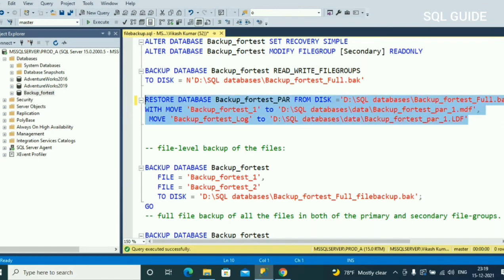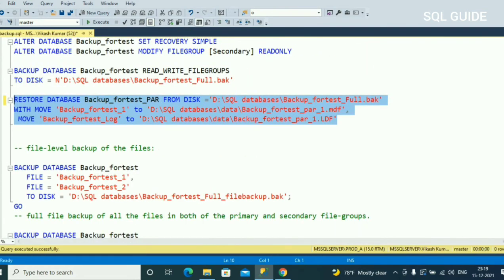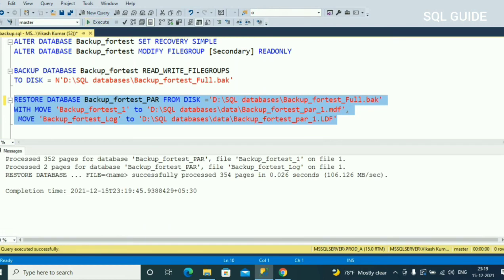Let's see how it works. See here, restore completed successfully for a partial backup with the read only file group excluded. So you can see the log and read write file group and log backup restored successfully.